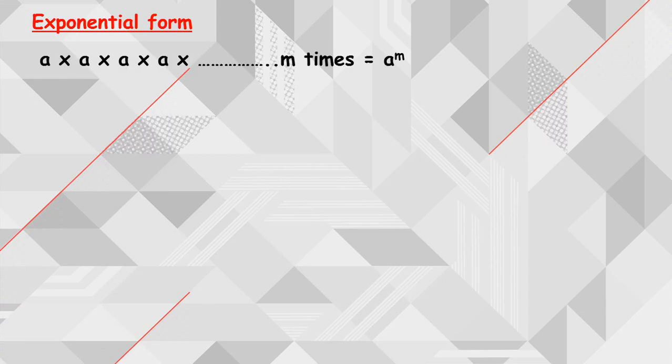So that is nothing but exponential form. What is exponential form? When a number a is multiplied with itself m number of times, then it can be represented in short. So if you have a number a, multiplied with itself m number of times, then it can simply be written as a power m, or a raised to the power m, right? Here a value is being multiplied m times, so this a will be written at the base, and m is the number of times it has been multiplied.